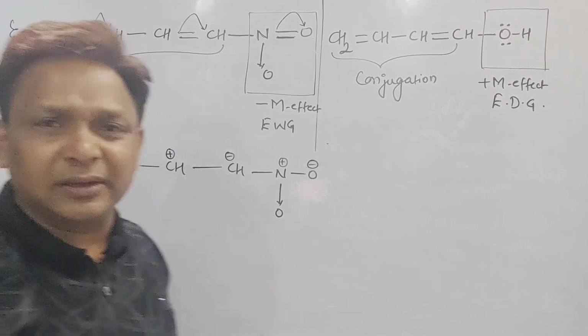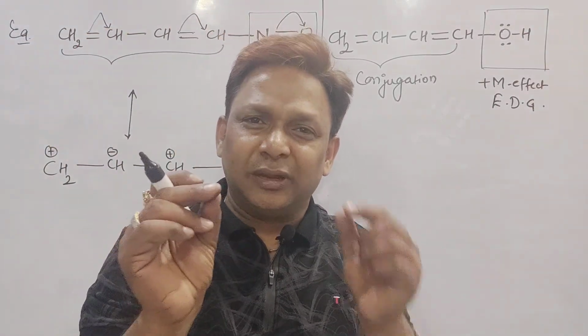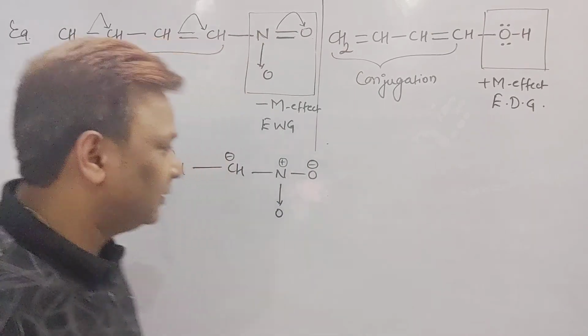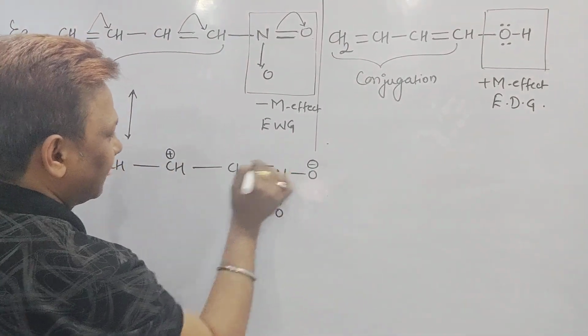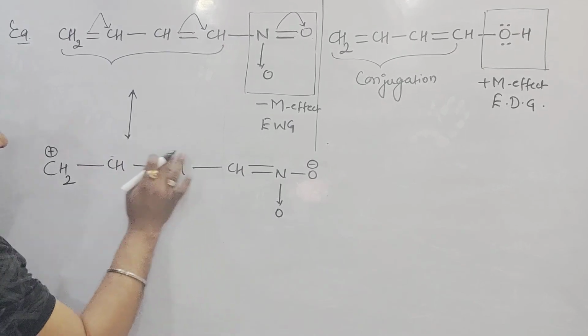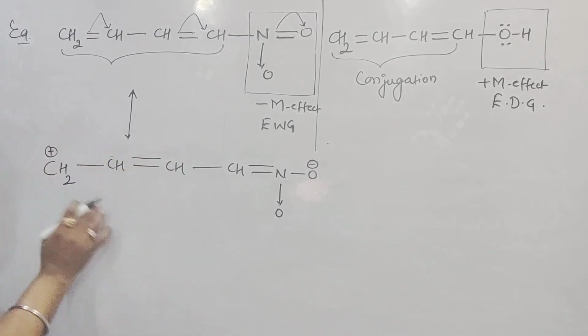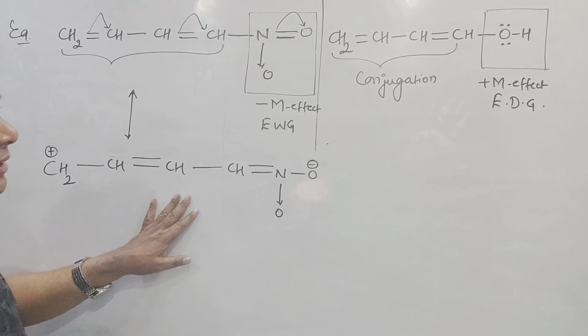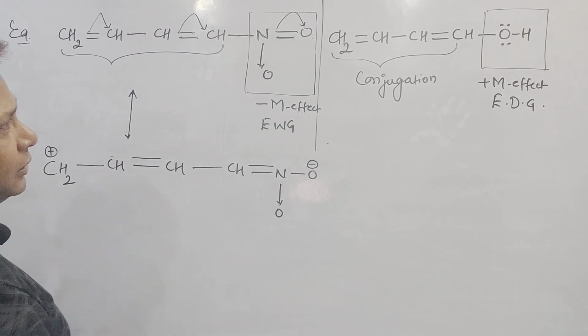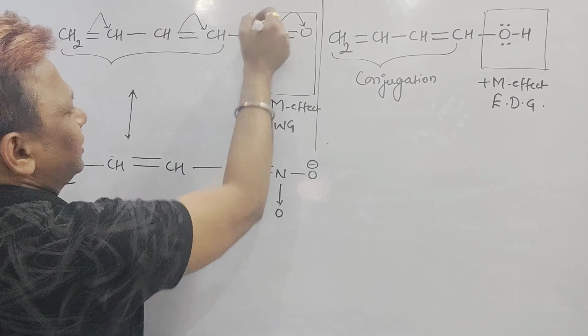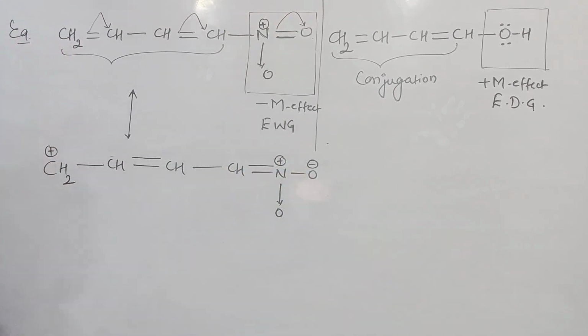But it is a rule in chemistry, whenever positive and negative come near, they will form a bond. Negative and positive will make a bond. Now I got it. These and these are the resonance structures of it. But what did you see here? In this case, what did you see? The pi bond initially has a positive charge, and now also it has a positive charge, right?